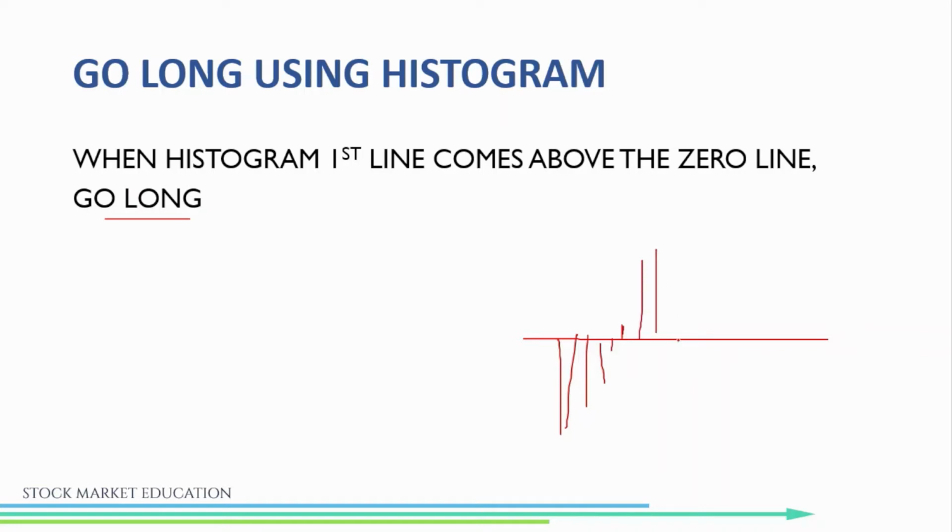If you are using only the histogram, you can wait till the strength of the bulls starts reducing, or you can hold it till it comes below 0. But let's see this with an example. I usually exit when I see in the histogram that the strength of the bulls is decreasing.